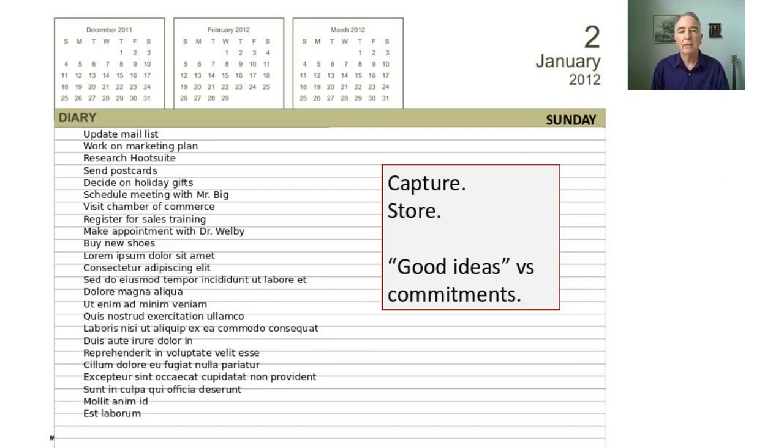So this is a place to recognize that everything in this list is just a good idea. If you're fully committed to doing it, I recommend that you then set a date for when to get started on it. If it's a project, break it down into pieces, and decide when you are going to get started. Your very first step will be to plan the project, as an action item on a particular date at a particular time. So again, this Sunday page is a place to dump and capture everything, including what might come up that you want to flag for a future decision on whether to commit to it or not. Okay, so that's the first step.